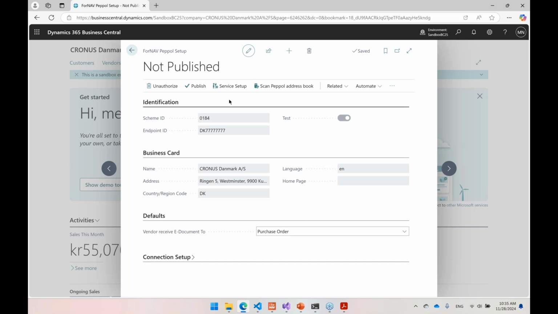So in this case, you can see that test is turned on, and this is for sandbox and demo environment. This is always turned on because this enabled me to basically do things on the Pepol network that's not verified.